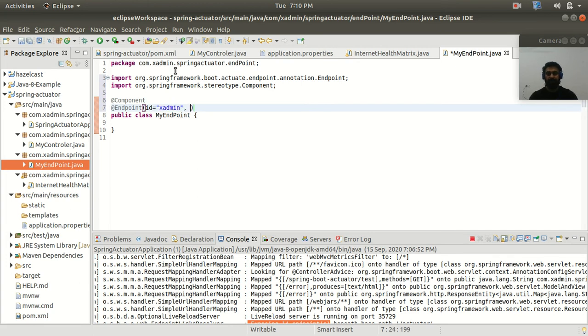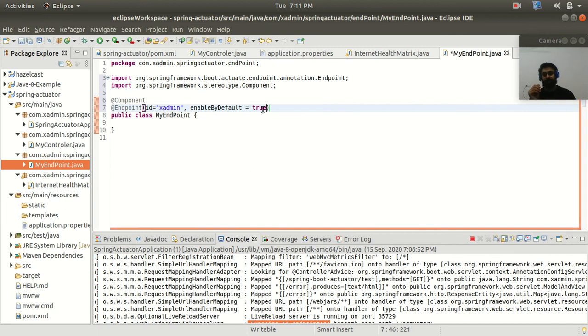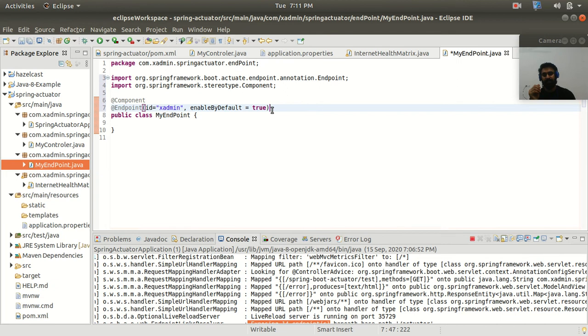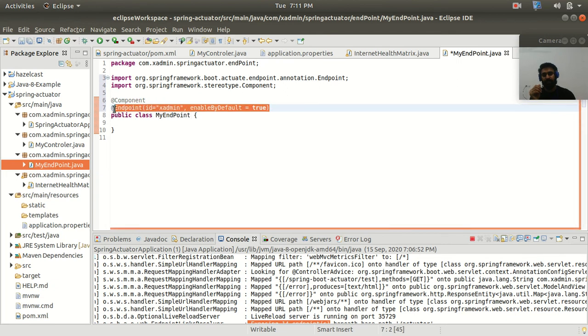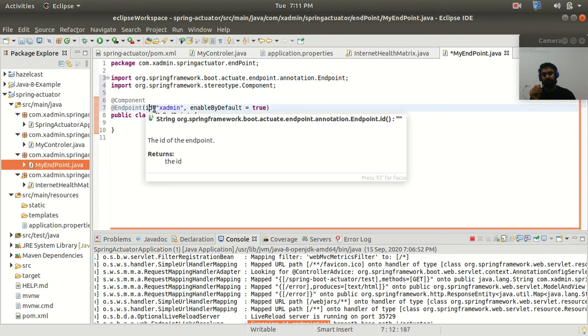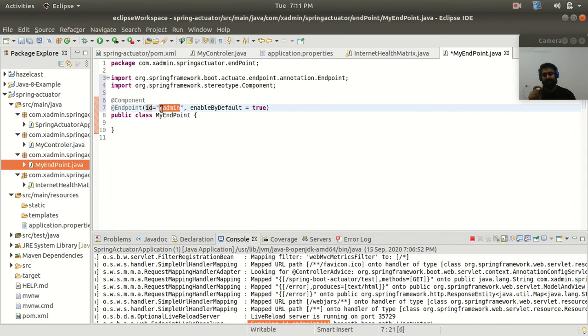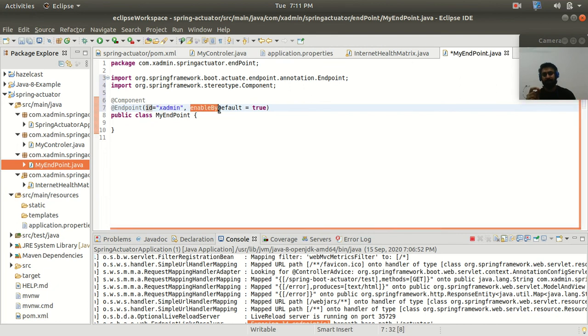And I want this endpoint to be enabled by default, so I have to set enableByDefault equal to true. It is going to enable this endpoint by default. These are the annotations you have to use to create your own endpoint: this id is to provide the name to the endpoint as xadmin, and this enableByDefault is used to enable your endpoint.